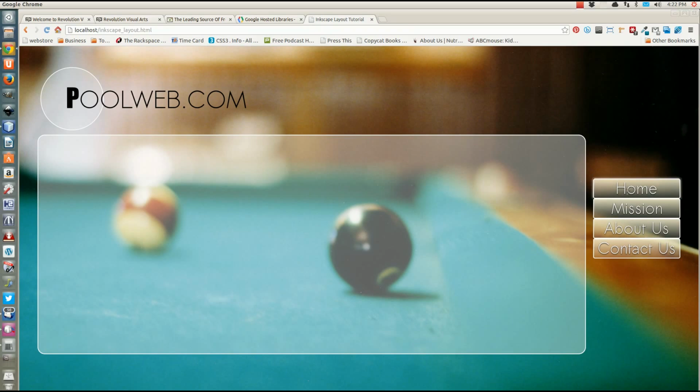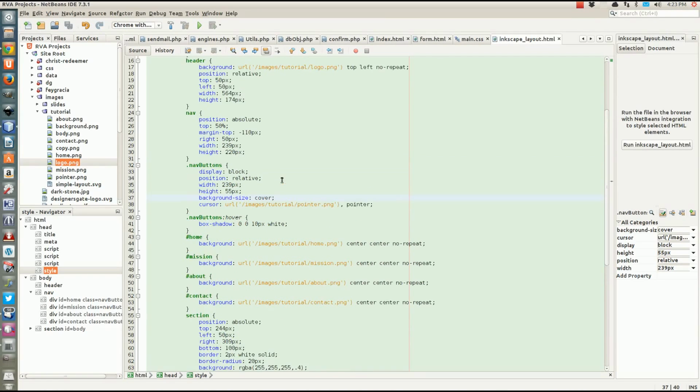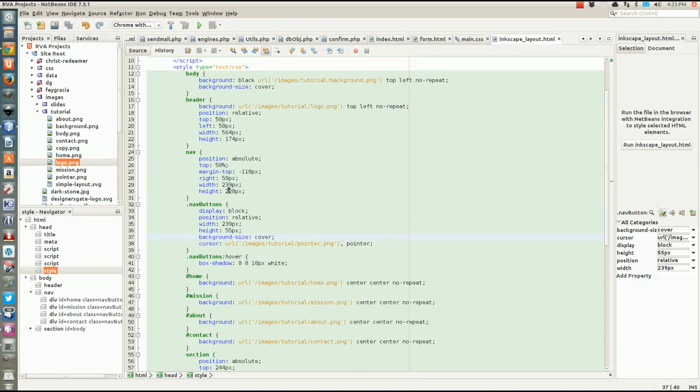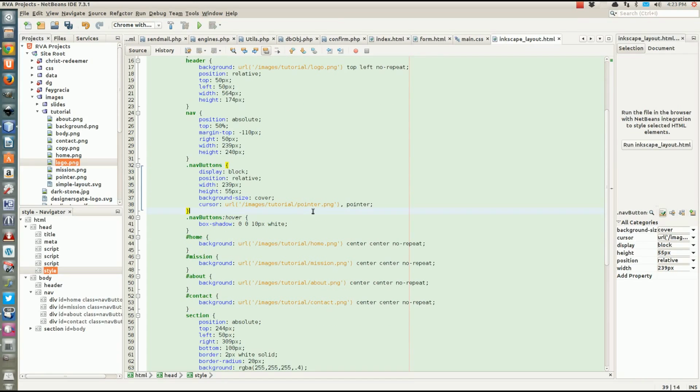Gonna make it lighter, darker, and the border more. There you go. But as you see, the same thing that you saw in there on Inkscape, you have it in here. That's bugging me, so let's fix that. Nav would be 520, 240, 40, and nav buttons